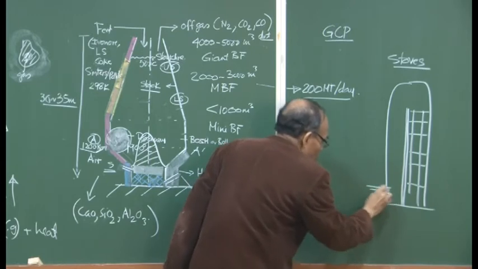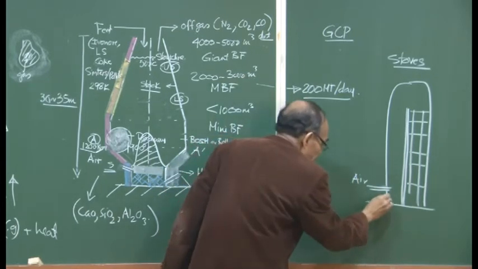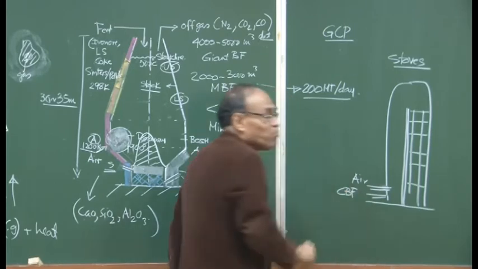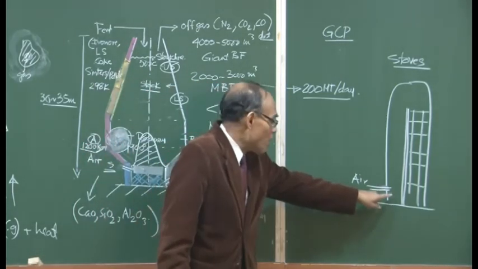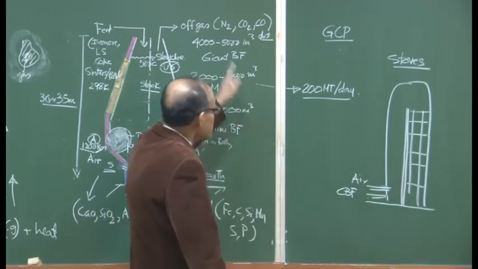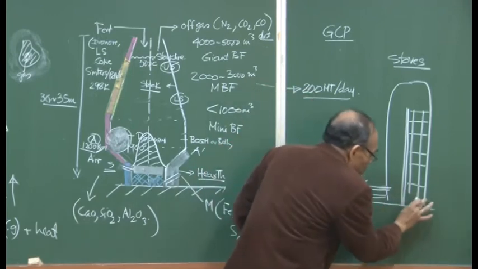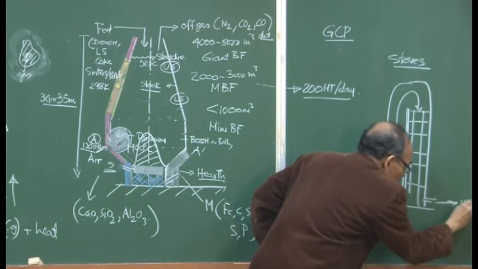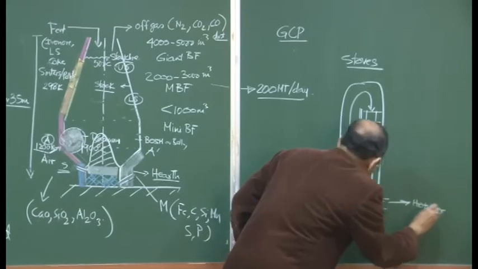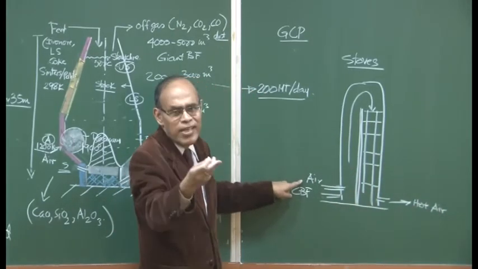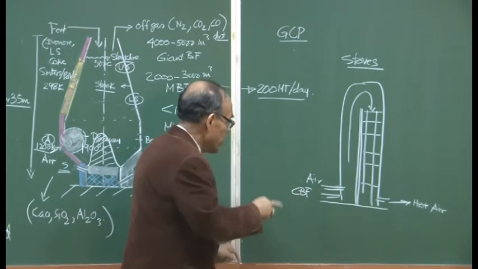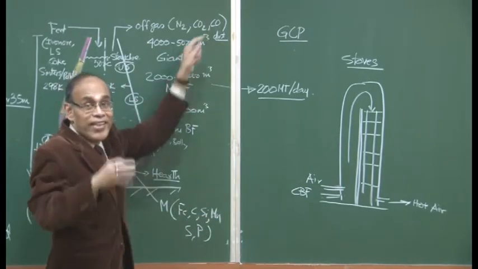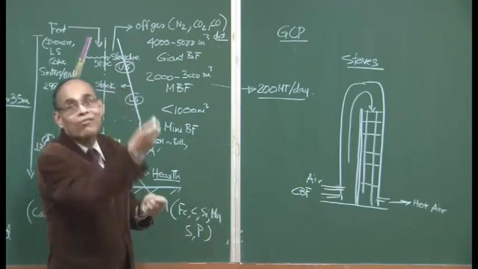So, you introduce air at room temperature, and then you use a part of the clean blast furnace gas, CBF, which I call clean blast furnace gas. If the blast furnace gas could be combusted here, then we can generate heat, and the hot air flows through this to exit. This is not blast, this is just simply air, we are combusting it. You can use oxygen also, oxygen enriched air. And so, our objective is to first generate heat by combusting carbon monoxide, then tap the heat and then use that heat to heat the blast and then supply it,